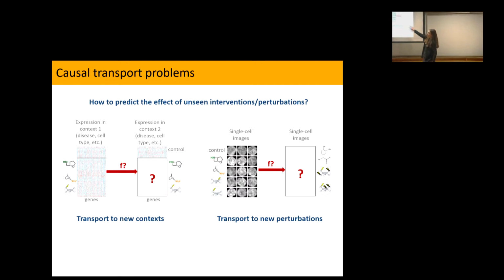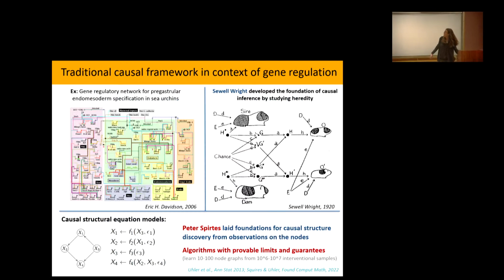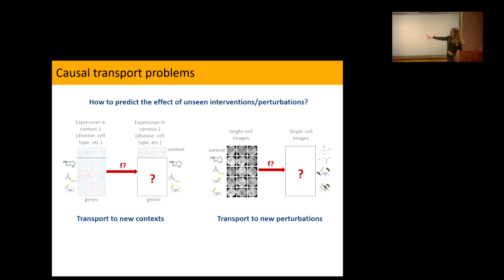Now, of course, if I know the full underlying causal graph, I can answer these questions. Okay, if I know the full underlying causal graph, like what I had before, and you ask me, I know what happens under this perturbation, can you tell me what happens here? I can give it to you if I have this understanding. But as I said, there is no way you can get this understanding in all of the biological contexts. So maybe this is an easier question, okay?